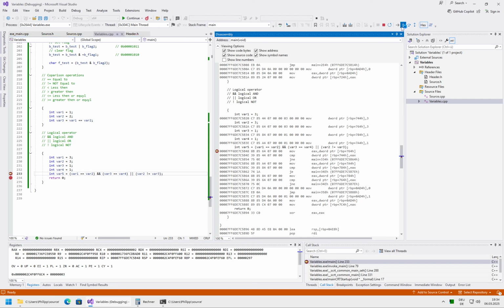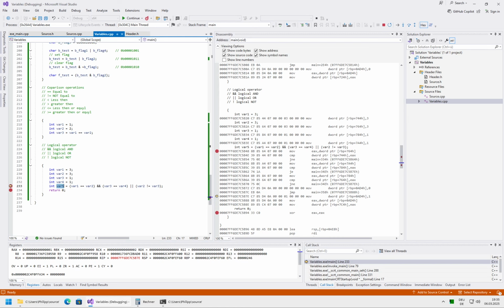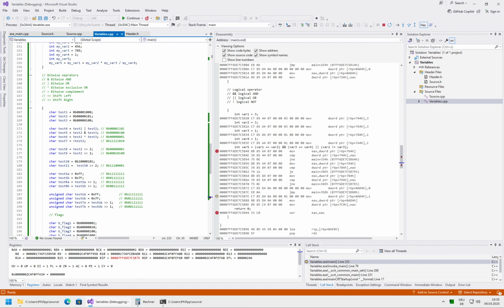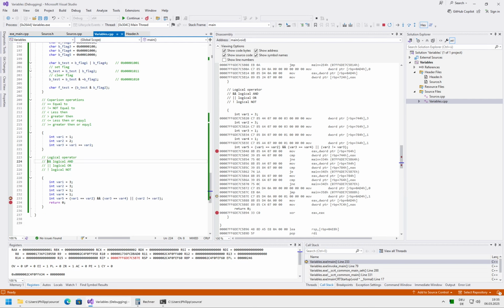So here it tests the first one, which was successful, then it tests the second one, and here it sees, okay, this was also true, so these two were true, and then it doesn't need to make this operation anymore, because it knows if this is true, then the OR will already be fulfilled, and then this will be set to 1 and it's done. So you see there are quite pronounced differences between using the bitwise operations and the logical operations